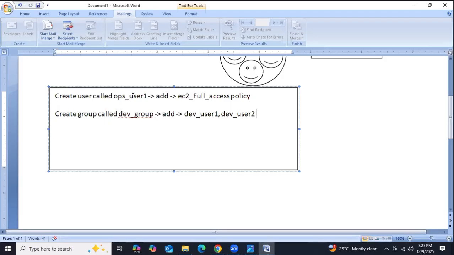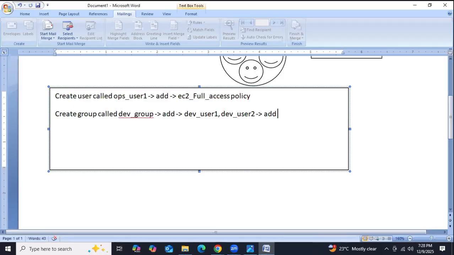One is ops user, another one is dev user 1, dev user 2. Clear, guys? Then you need to create the dev group. Then we are going to add both the users into dev group. In the exam, it will be like that only. They are not going to inform you to create dev user 1 like that. So if you don't have dev user 1, dev user 2, we need to create them. Got it, guys? Then add both the users into dev group and then add the policy for this one.